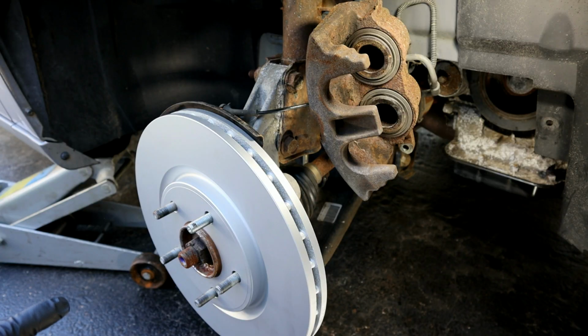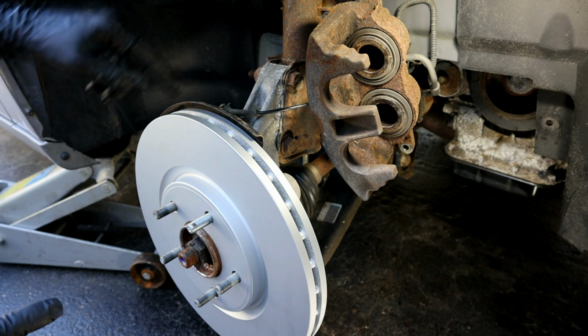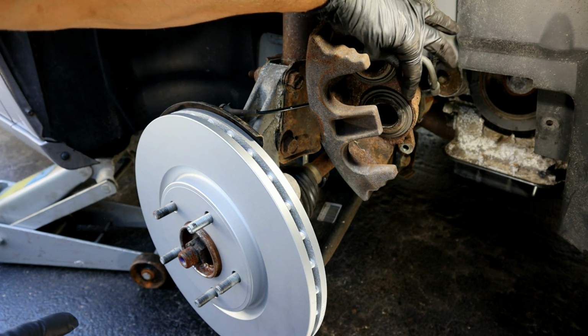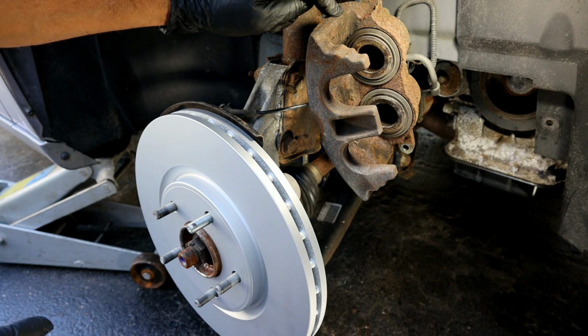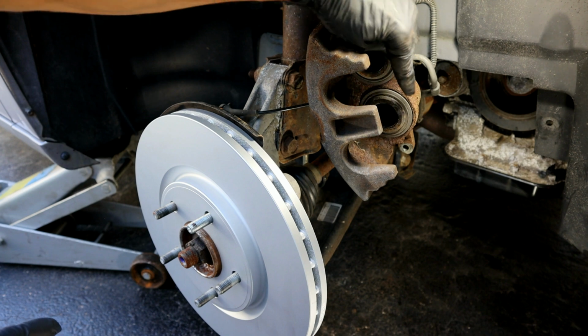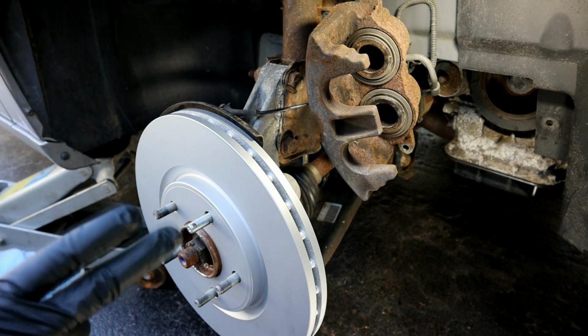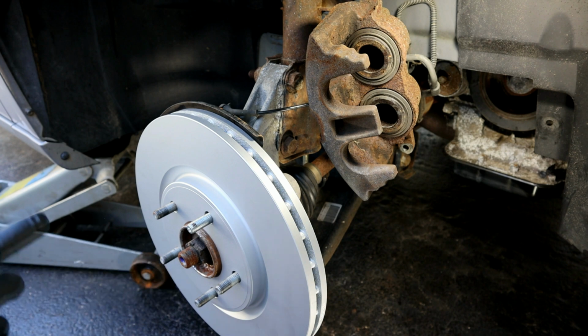One comment I'll add here real quick, depending on if you have the regular or the HD brakes, there's different part numbers. How you can tell if you have the HD brakes is look at the front caliper. You're going to notice you have two pistons like this one does here. That means that this vehicle has the HD brakes. If your front caliper has a single piston in the middle, that means you have the regular brakes. So just make sure you check that before you order the parts to ensure that you're putting the right part